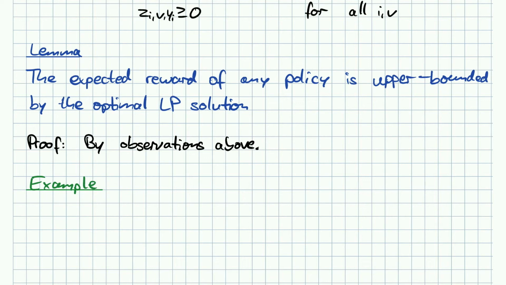I now want to just consider the example that we have two boxes. The first one contains a price of 2 with probability a half, and it is 0 otherwise.